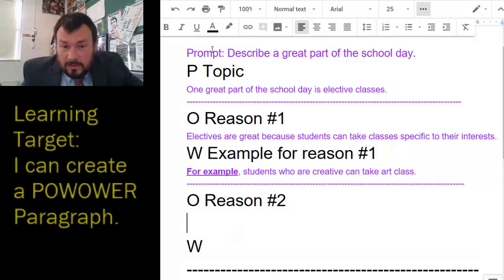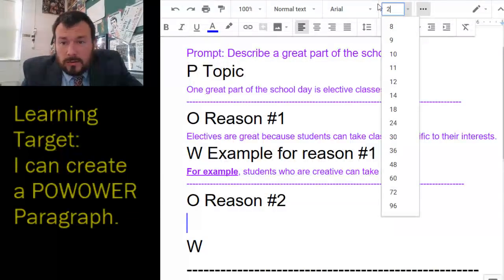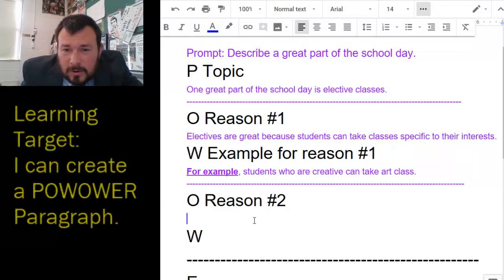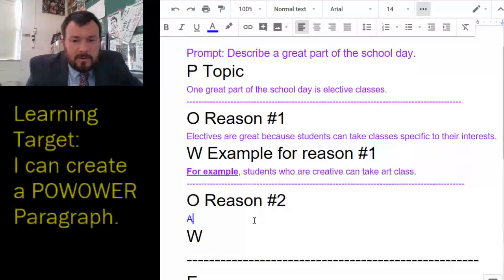So now what I do is I don't connect back to, or sorry, hold on. Ignore the last 10 seconds of what I said. I connect reason number two all the way back to the P. So ignore this for a second. That's why we have our lines. Alright, one great part of the school day is elective classes. So I need to think of a completely different reason why electives are great. A good transition for your second O